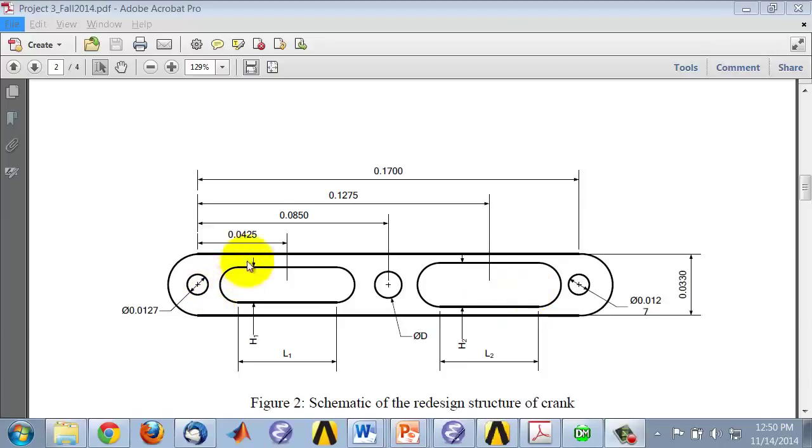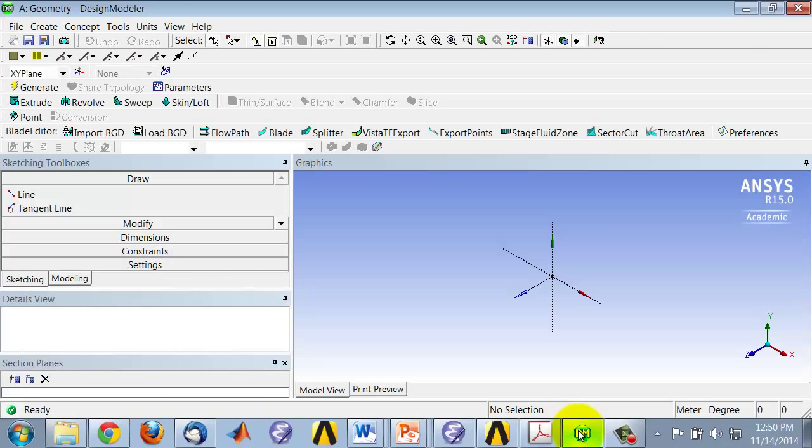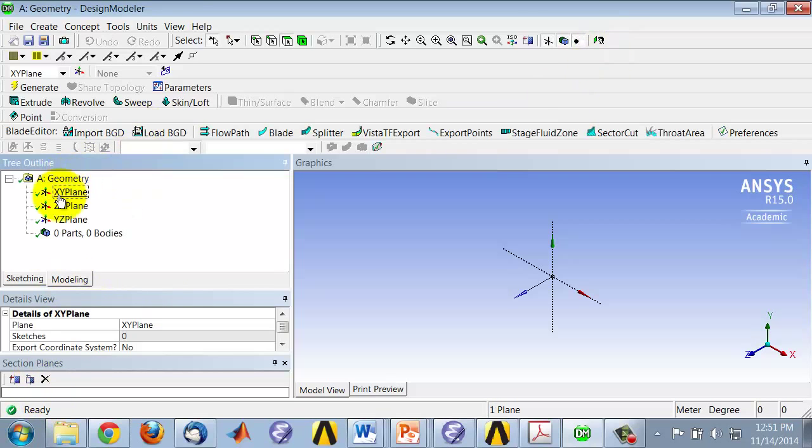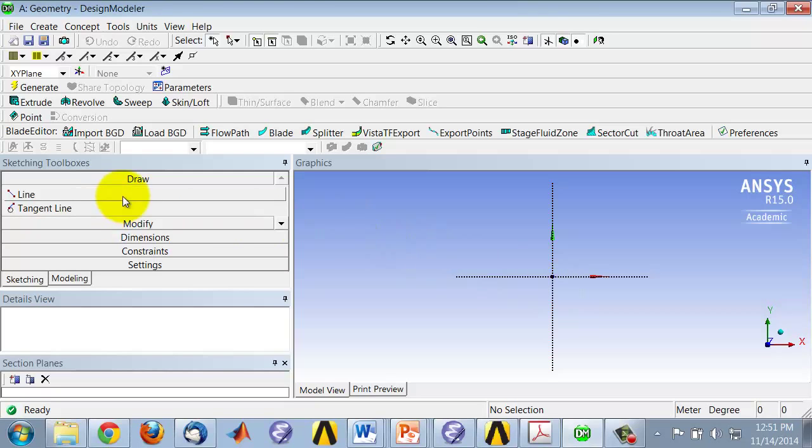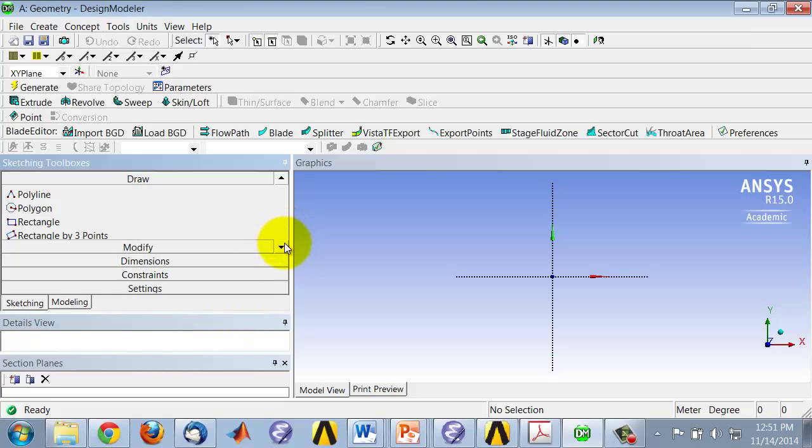So I'm going to show you how to create dimensions like that to the center of this hole. So if I go into Design Modeler, I'm in the Sketching tab. So I'm sketching on the XY plane. Go into the Sketching tab, look at the plane, and under Draw, so let me increase this,